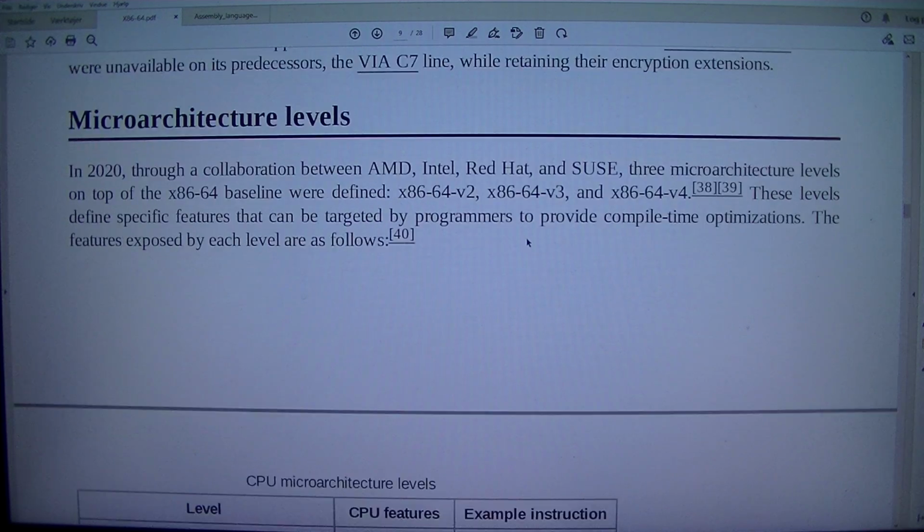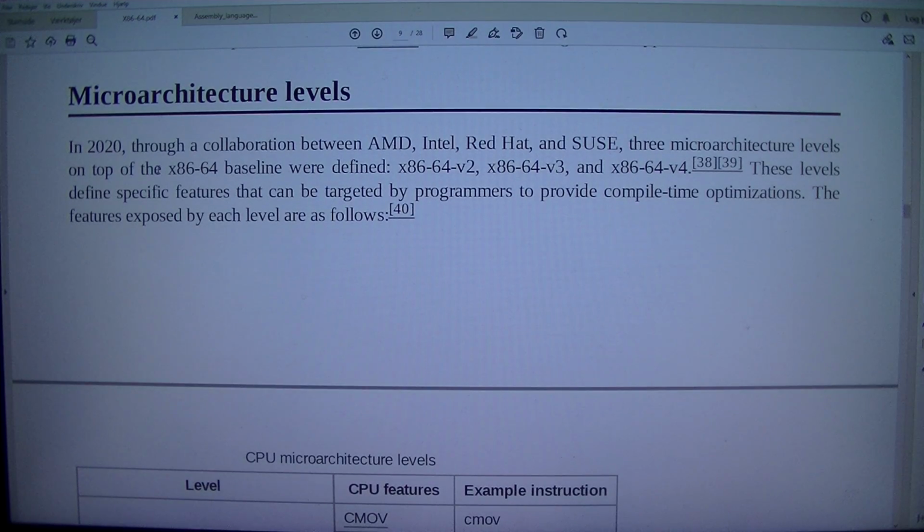Microarchitecture levels. In 2020, through a collaboration between AMD, Intel, Red Hat, and SUSE, 3 microarchitecture levels on top of the x86-64 baseline were defined: x86-64-v2, x86-64-v3, and x86-64-v4. These levels define specific features that can be targeted by programmers to provide compile time optimizations. Features exposed by each level are as follows: